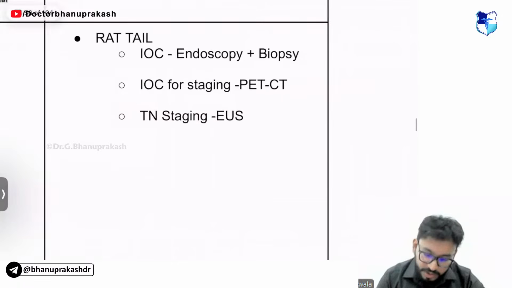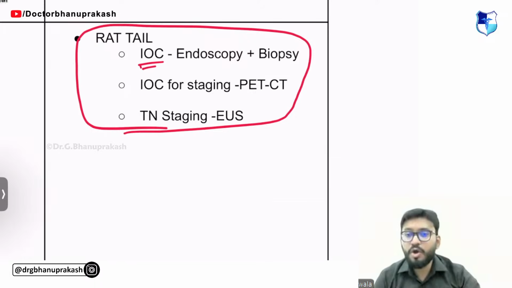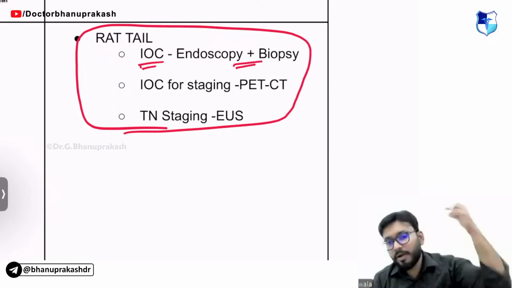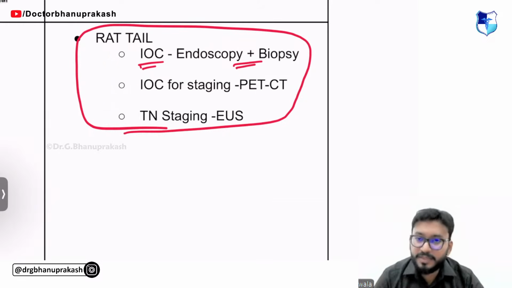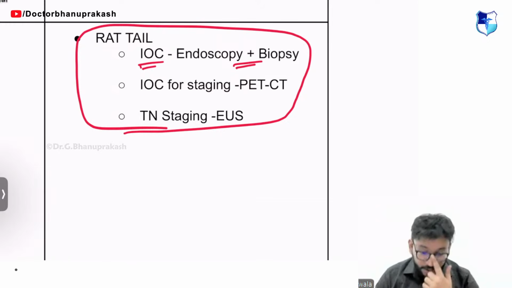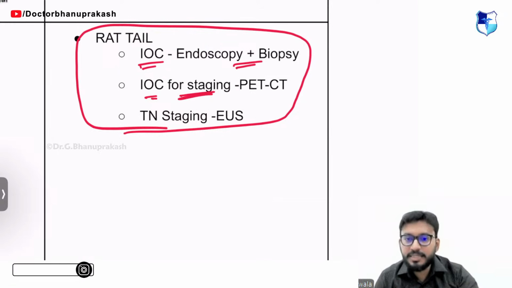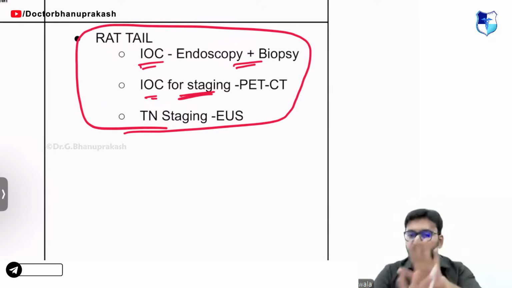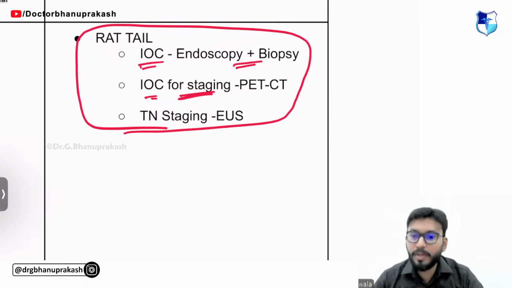Remember, guys, the three most important MCQs of cancer esophagus. The investigation of choice overall is an endoscopic biopsy. You go in with an endoscope, you pick out a piece of the lesion, and you see it under a microscope, and that is how you confirm. Investigation of choice for staging has to be your PET CT, positron emission tomography CT scan. PET is a functional scan, CT is a structural scan. You put one on one. We'll look at that when we study nuclear medicine.